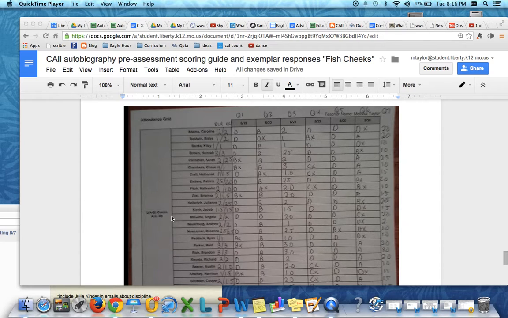So I just did kind of a quick and messy analysis by printing out my attendance roster and just made 7 columns, question 1 through question 7. And then for each class, I went in and recorded their response and my scores for the constructed responses. Then here in this column, sorry, it's a little blurry, this is reading literature standard number 4, reading literature standard number 1, and her score was 2 and 2 on each of those. Blake's score was a 1.0 and a 2.0 in those respective standards, so that you can see that for each student I've got an item breakdown, and then I've gone in and taken these and put them